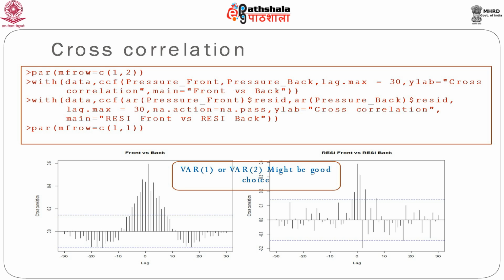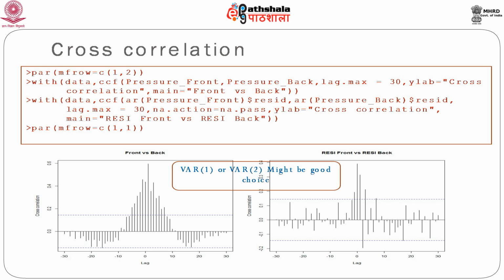These are the first steps: fit the AR of order 1 for both variables, extract the residual from both objects generated by the AR function, and then pass those residuals to the CCF function, the cross correlation function, with the maximum lag as before,